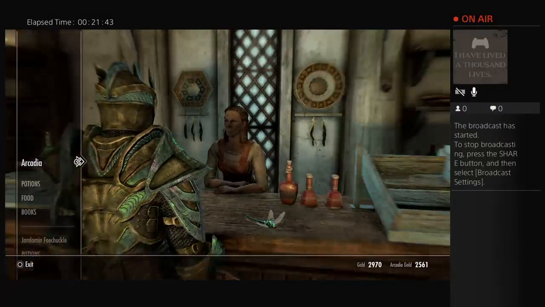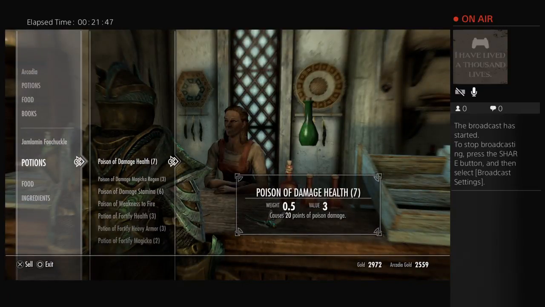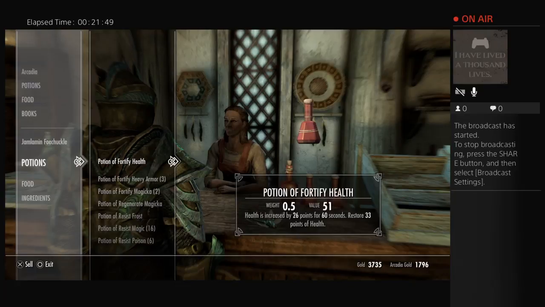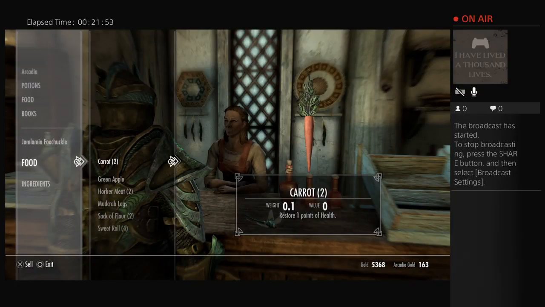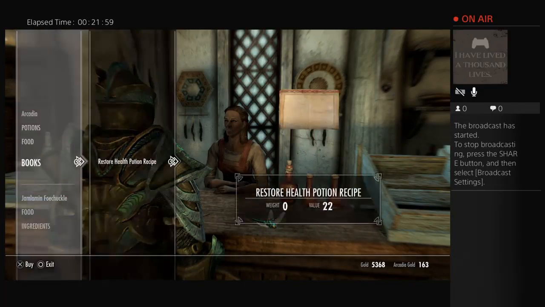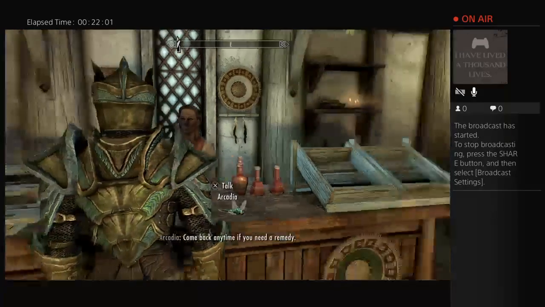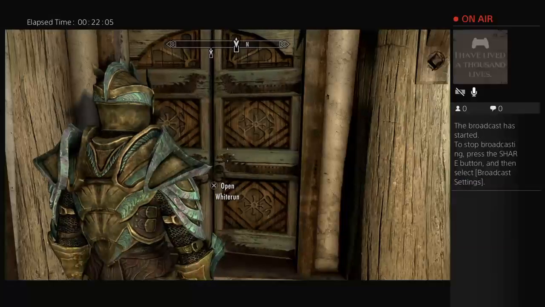So you're interested in my potions and ingredients? We're going to actually sell all of this. And as you can see, we have actually gotten our money back. Come back anytime if you need a remedy. Alright, that gives us